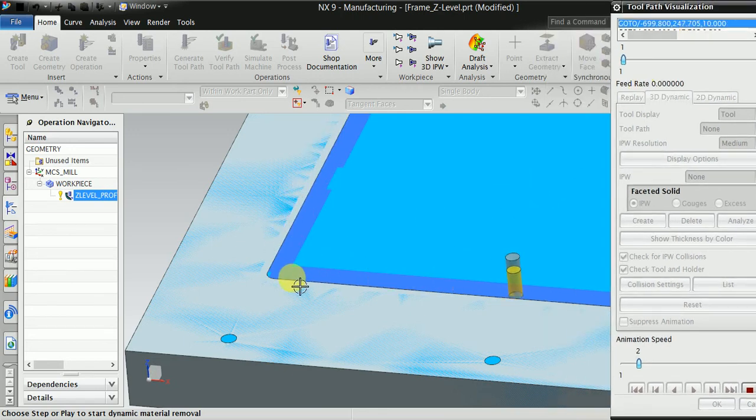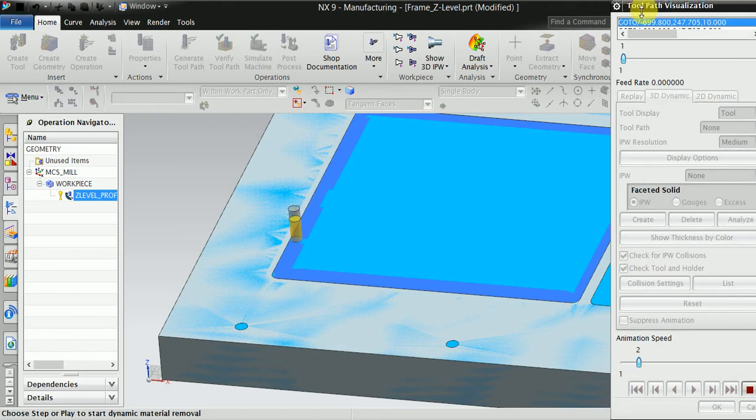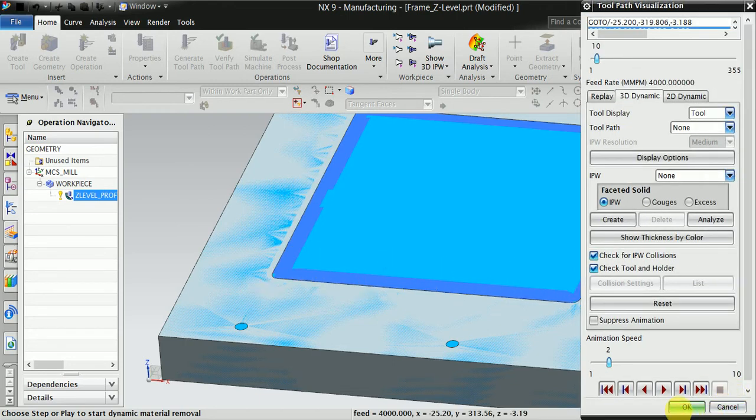See, now this is the solid material which is removed after the cavity machining. Now stop this.